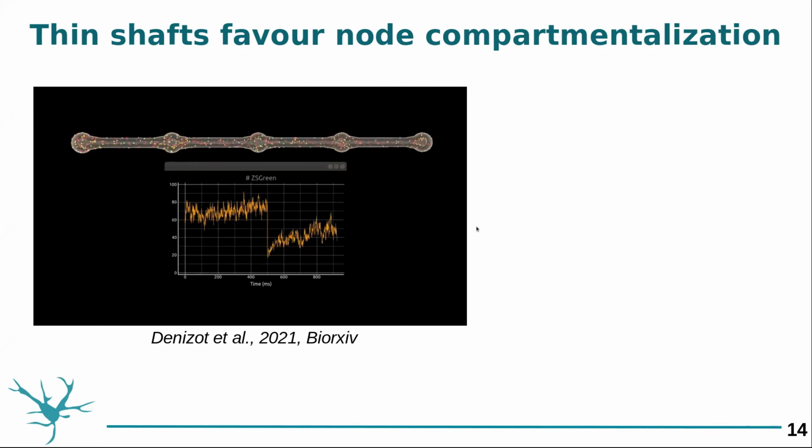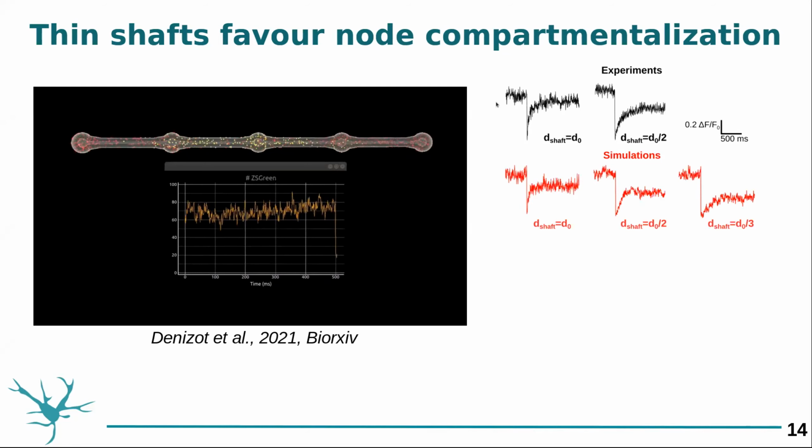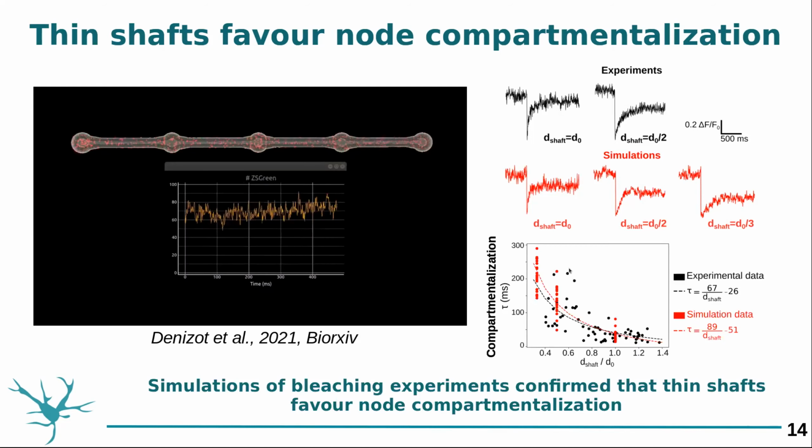And it's a measurement of the compartmentalization of molecules within the node in which we measure the fluorescence that is here. So you can see here in black experimental traces of bleaching experiments and in red simulations. And you can see here the measurement of the time to recovery of those different traces that show a very similar behavior between experiments and simulations, which showed that those geometries seem to be a good approximation of the morphologies